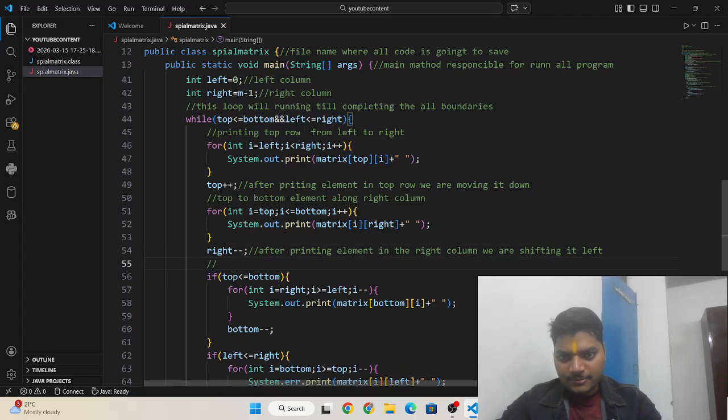And then we need to check, and we are going to print the bottom row.